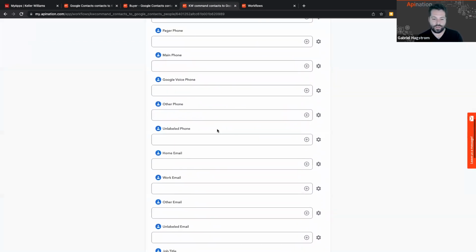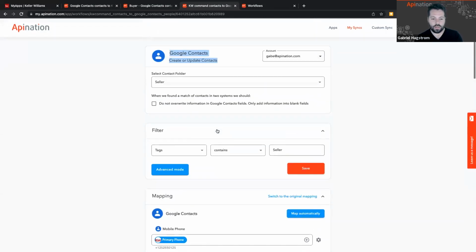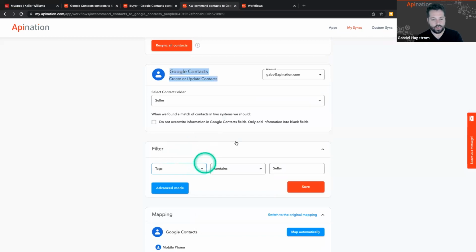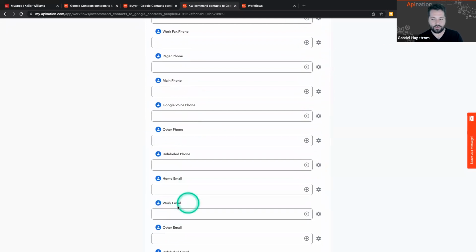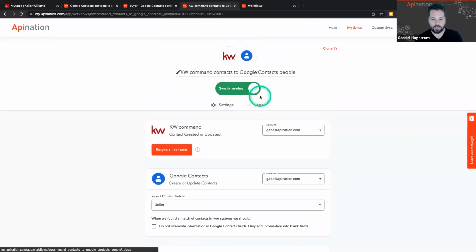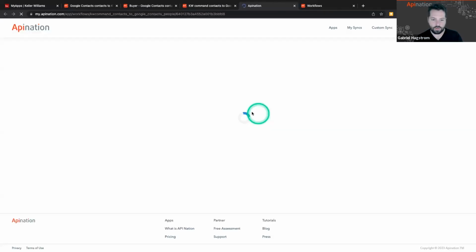And that's how I would do it going the other direction. So if you're coming from KW Command, you're going to use this little filter module. If you're going into KW Command, you're going to write the tag actually in the tags field of the mapping. So this is running. And then, like I said, you can clone it, do it again, this time with buyer,